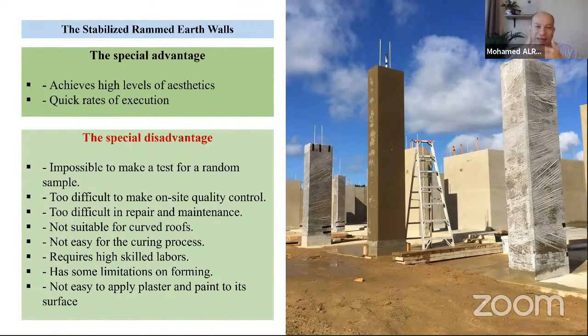It is about casting a material into wooden or metal forms. So as long as these metal forms are straight lines and not custom made, you are saving cost. But if you are going to have some curved walls or something like that, you will increase the construction cost. And also, it is not easy to repair any damage that happens during the usage of the constructed building.